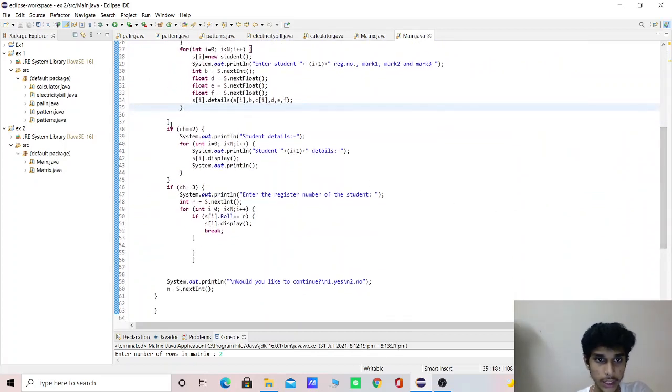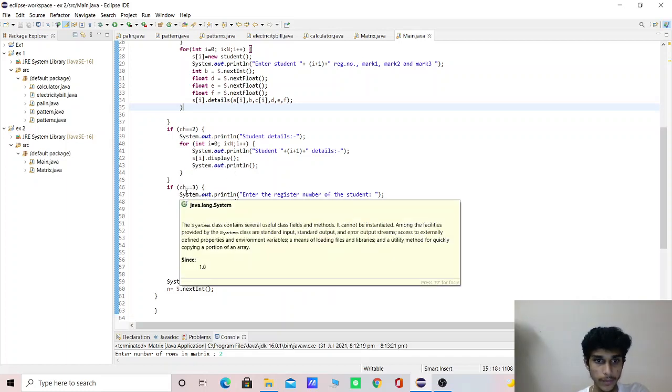If we choose 2, it displays the students' details: for int i is equal to 0, i less than n, i plus plus, then it shows student i plus 1 details, then System.out.println.